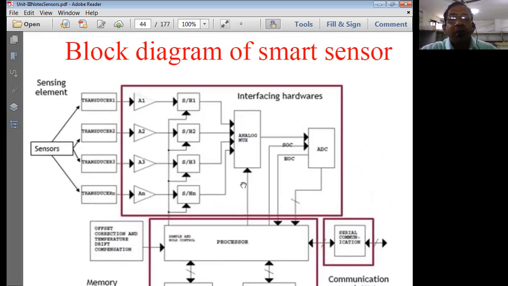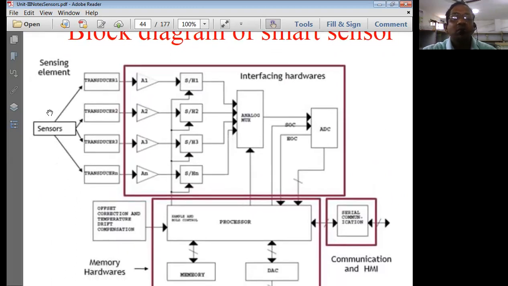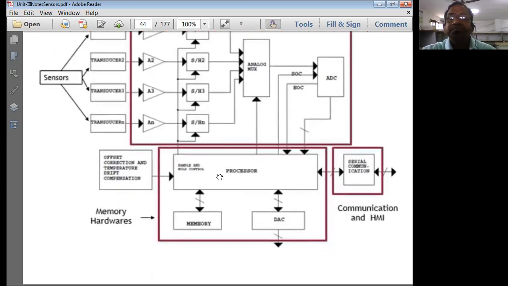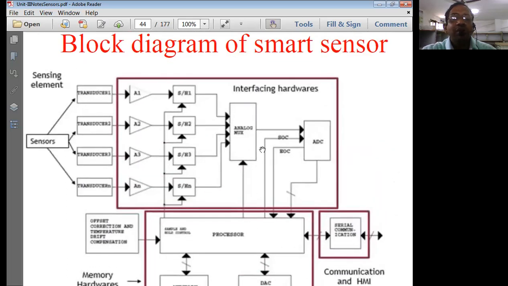Now, what do block diagrams normally involve? A block diagram normally involves components such as a primary sensor, then the interfacing hardware, then a processor. You're going to have a communication unit, where a cable is connected or a communication protocol is normally used. You'll have a processor, memory units, and conversion units. All these are interconnected. So this becomes the block diagram for us.